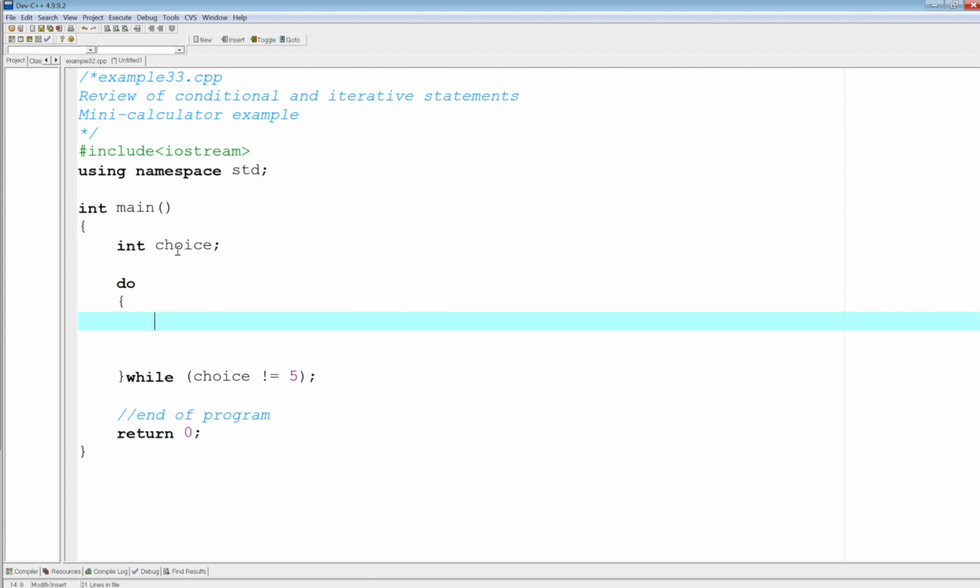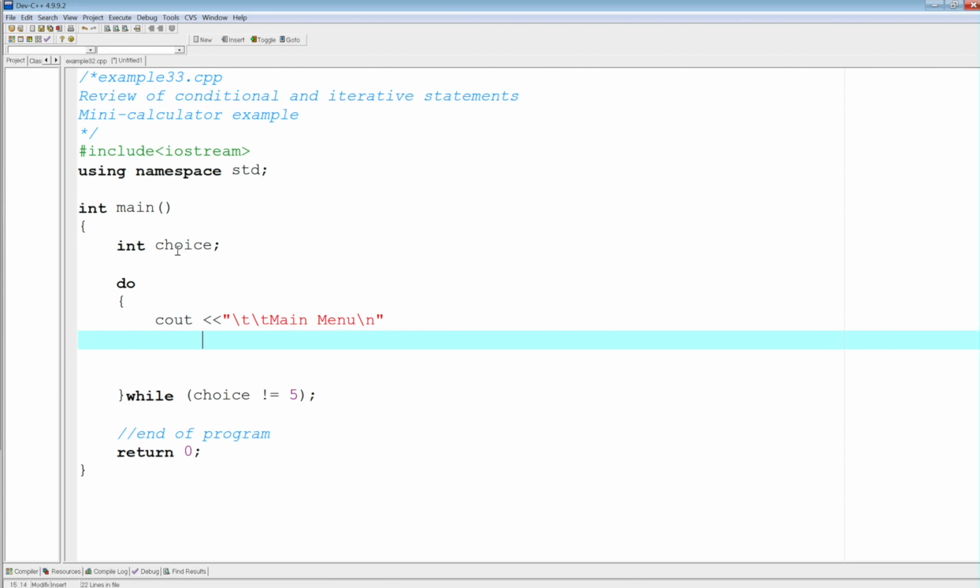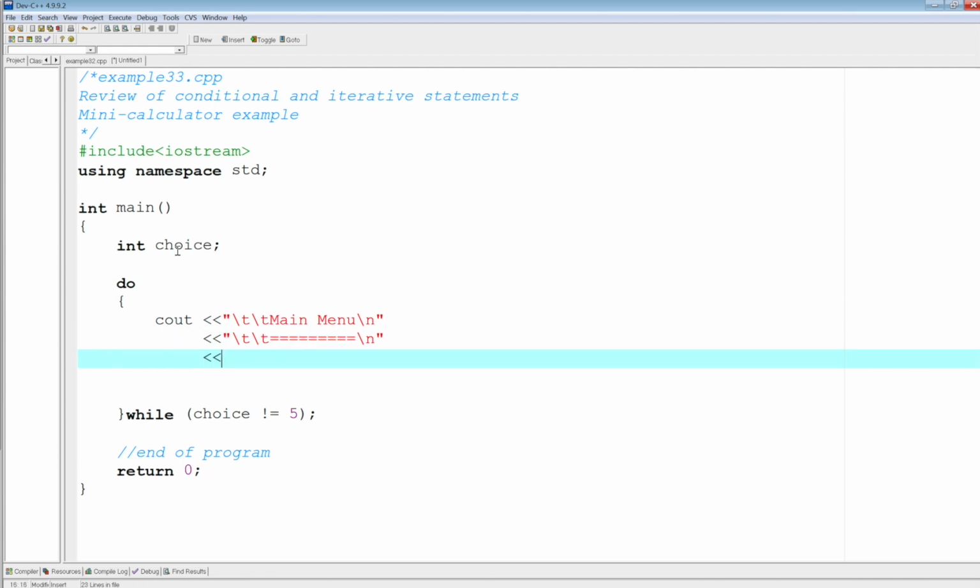So the way to display the menu is you could do something like this, cout. And let me do a \t\t. \t basically gives me a tab, so it's an escape character. Main menu, or you could call it the calculator menu. \n, give me a new line. Okay, so no semicolon here. I'm just going to line up everything that I need here. Just like we did with another video where we built a mini calculator. Same menu, similar to that. So \n, and then we're going to do